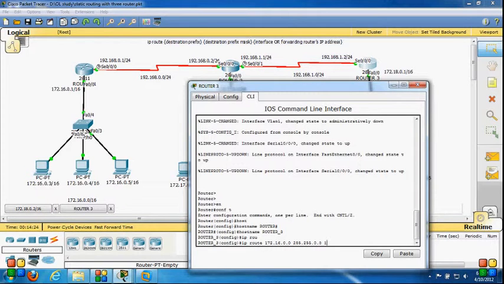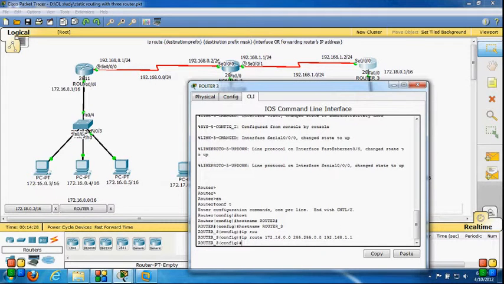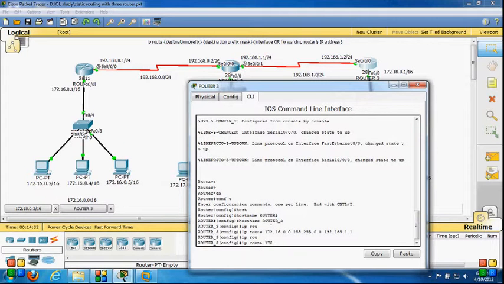So this is my next hop, 192.168.1.1. One more static entry I have to create: ip route 172.17.0.0, the subnet mask is again 255.255.0.0, and the next hop IP address will be the same, because this network is connected to router 2. So 192.168.1.1 is the next hop IP address.